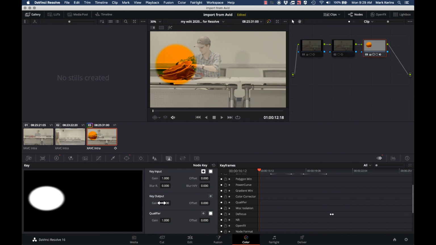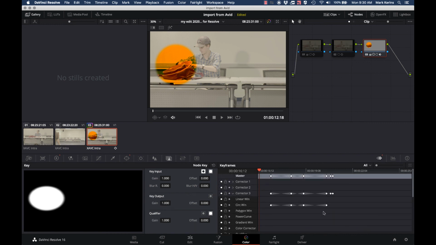And this is something I use a lot if I need a grade to change over time. So for instance, maybe the camera was panning and the lighting's different in one area than another. So as it pans, I might adjust this key output to switch myself from one type of grade to another type of grade. And then lastly, we have the keyframing tab over here,